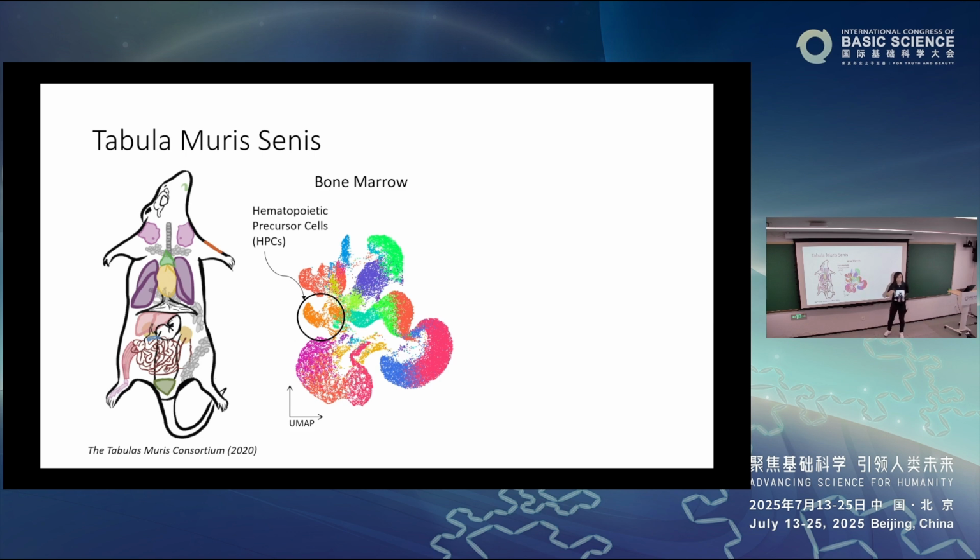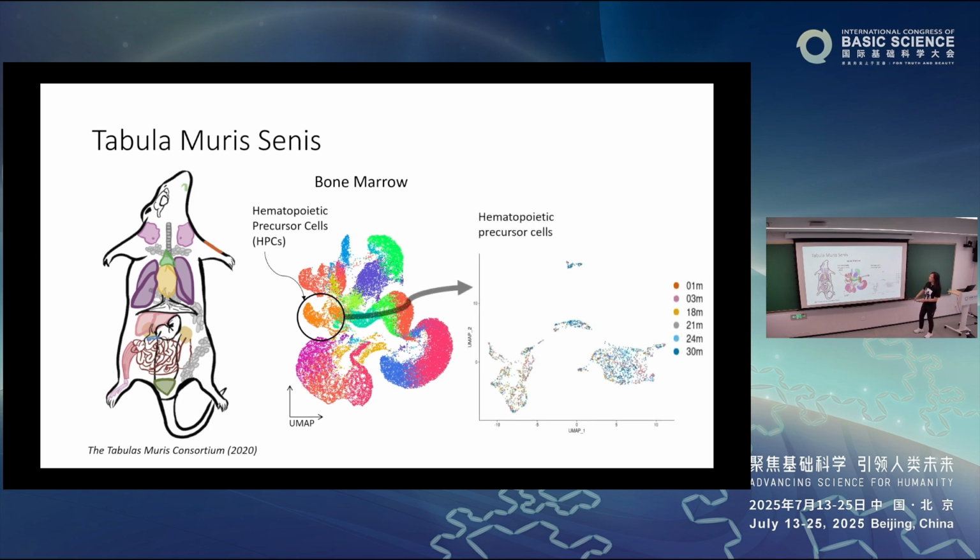You don't look at red blood cells because those are so short-lived, right? White blood cells are short-lived too. You want to look at the stem cells, okay? So these live in the bone marrow. And then we extracted the stem cells, plotted them on a UMAP, and compared the different age groups from 1 month to 30 months mice. There's no difference. You can't really find a cluster that is age specific, as expected, because if it were so easy, then people would have already gotten the markers, right?